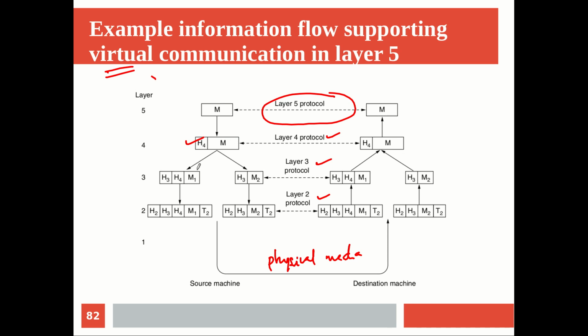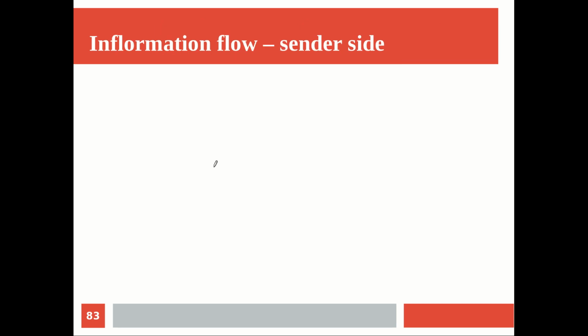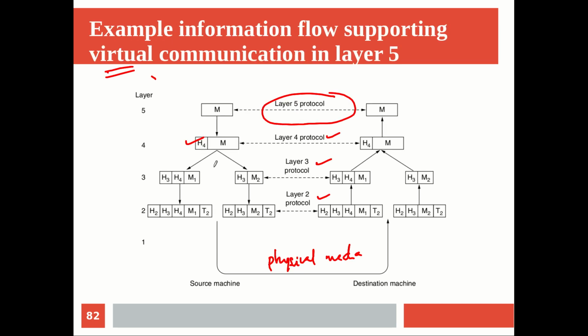At layer 3, what happened is, the message is being split into two messages. Why is it so? Because every layer may not be able to handle that message as a whole. So sometimes you want to split it. This is how this layer is supposed to work. So this m1 plus m2 together makes this whole thing, okay. And this is being divided into m1 and m2. Of course only that message is divided.